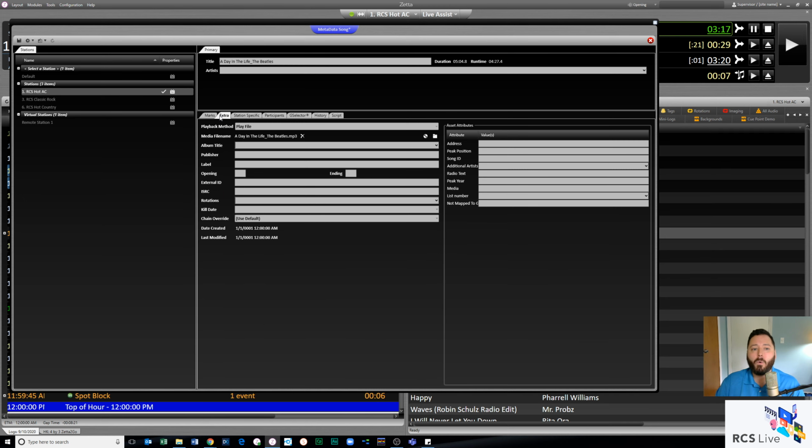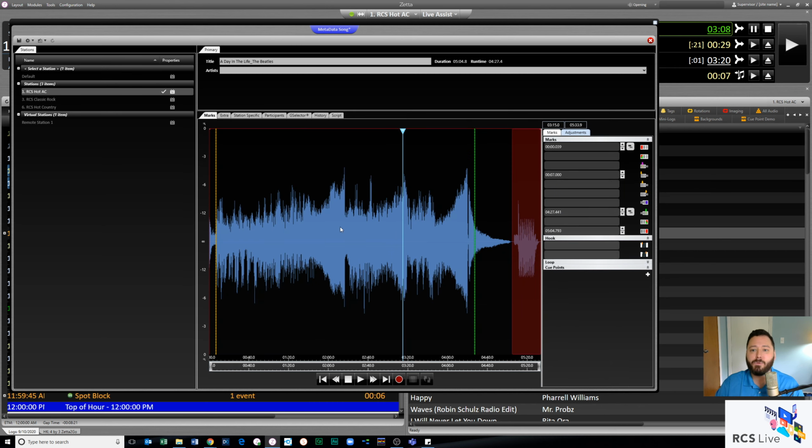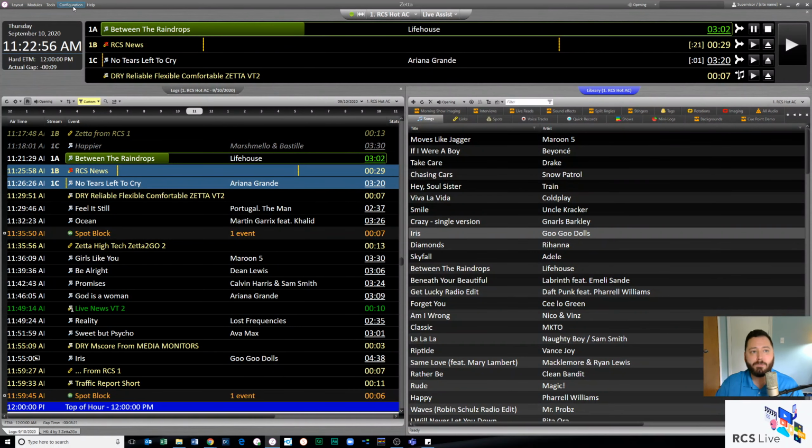So going back to importing audio, we have, of course, the burn the CD. We have, of course, the browse media file. At that point in time, I can also drag and drop this element in here. It will do the marks analysis. Cool, we're good to go. Don't forget, I've had some past videos on this, so I won't cover it too deep, but just know we do have